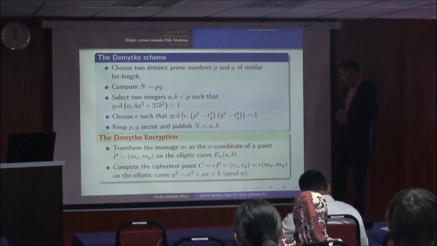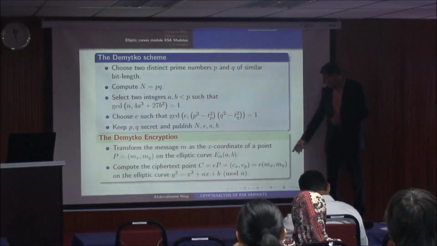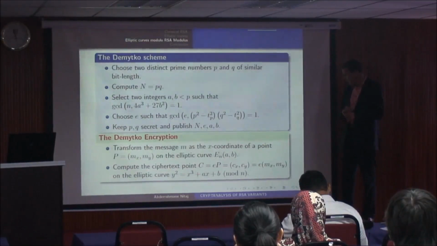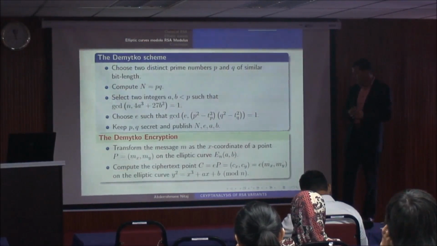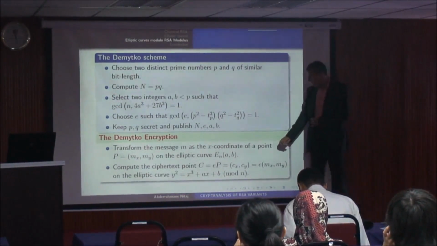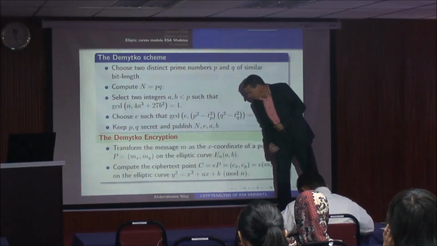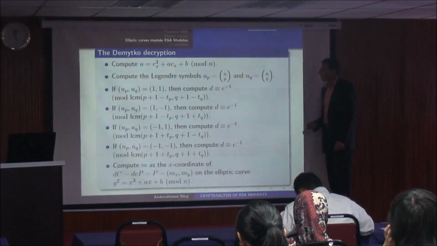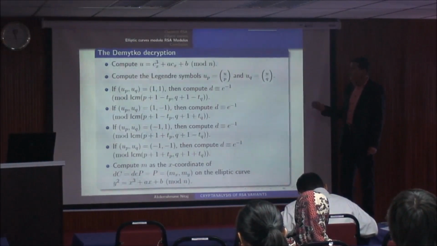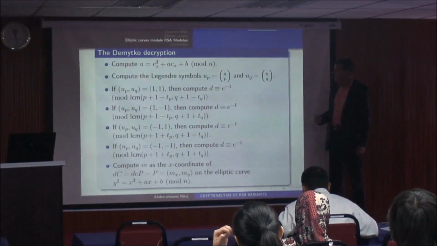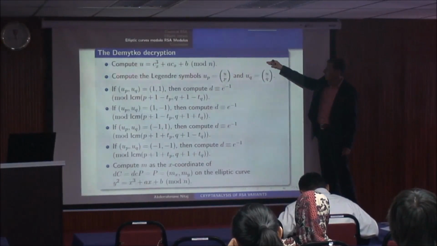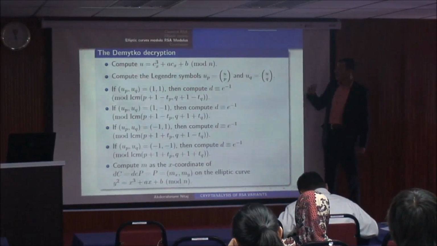This is in fact the product of A times this vector, and we use the curve, and when we use this we get another point C. Using the point C we can find the decryption. The decryption is like this. First we compute some term like this, and we compute extra